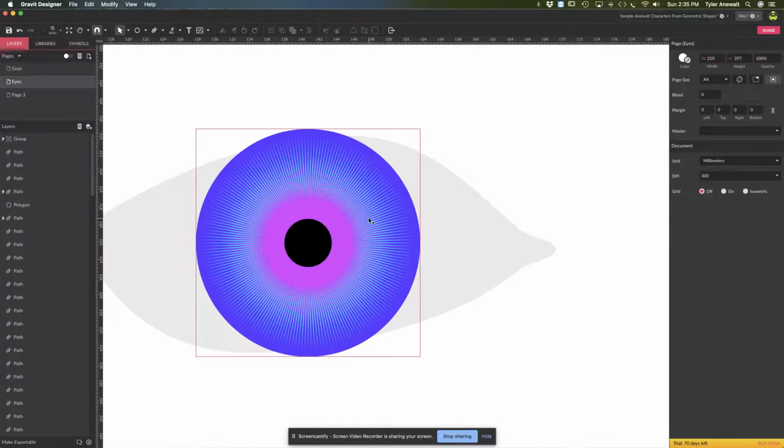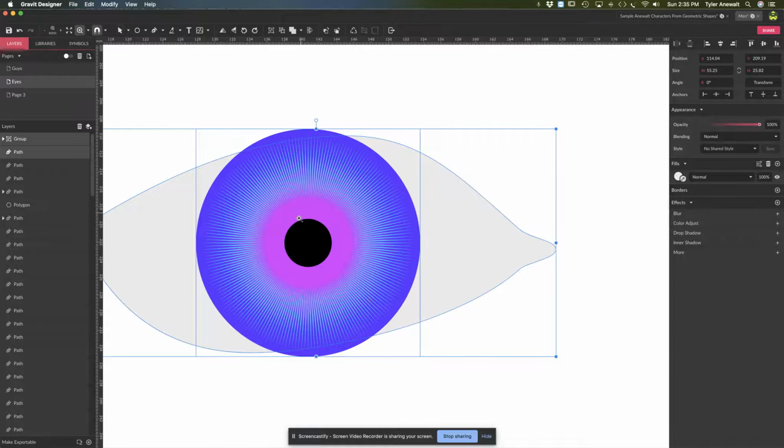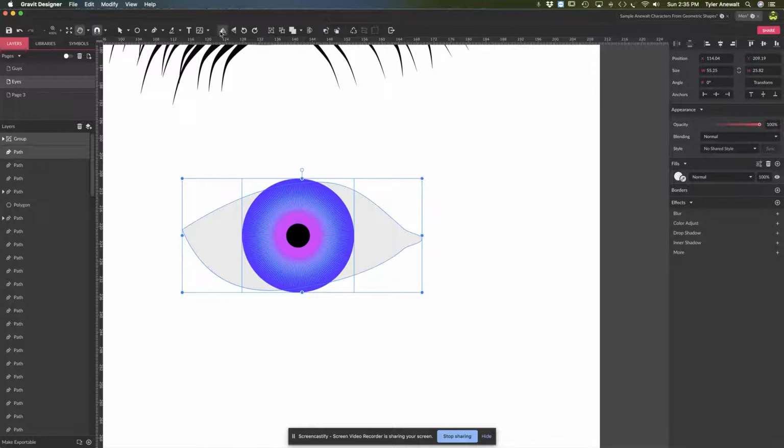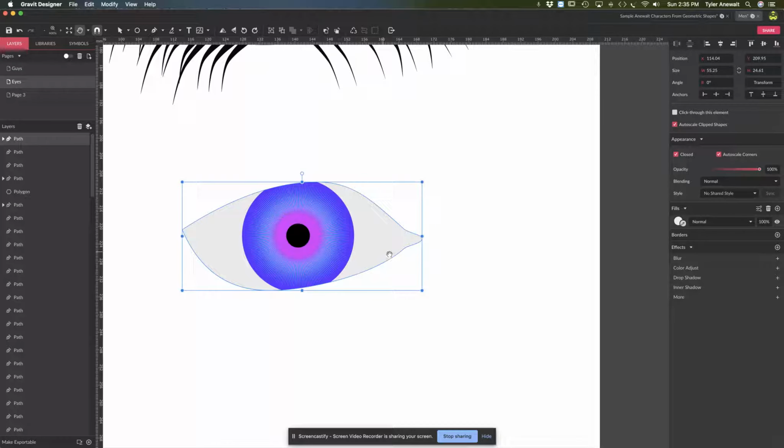And then I'm going to clip this group of circles within the outline of the white part of my eye. I'm just going to select everything. So click and drag to select everything, and then there's this button called clip, and that'll clip the top portion or top element inside of the bottom element. So that looks okay. I'm going to add a couple highlights, so I'm just going to hit the ellipse tool,